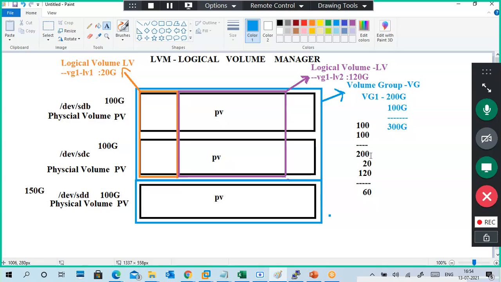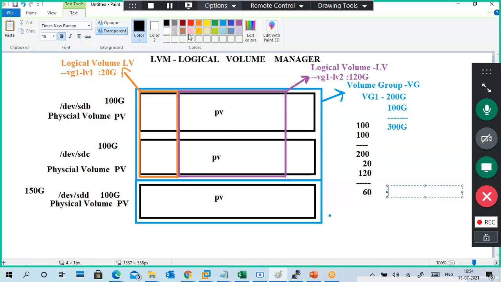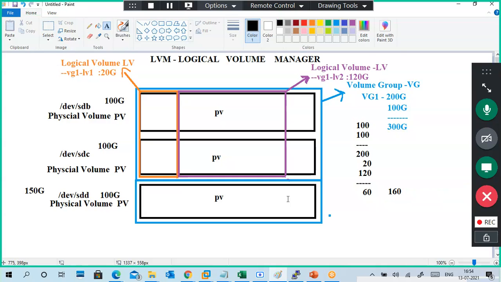So when I took 200 GB, 60 GB free space was there, and 100 GB new one is there. So what is the free space now? 160 GB, right?